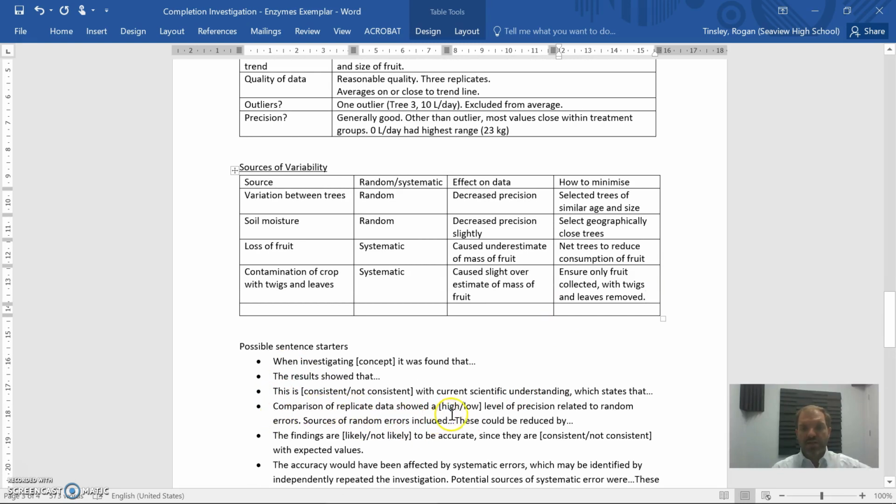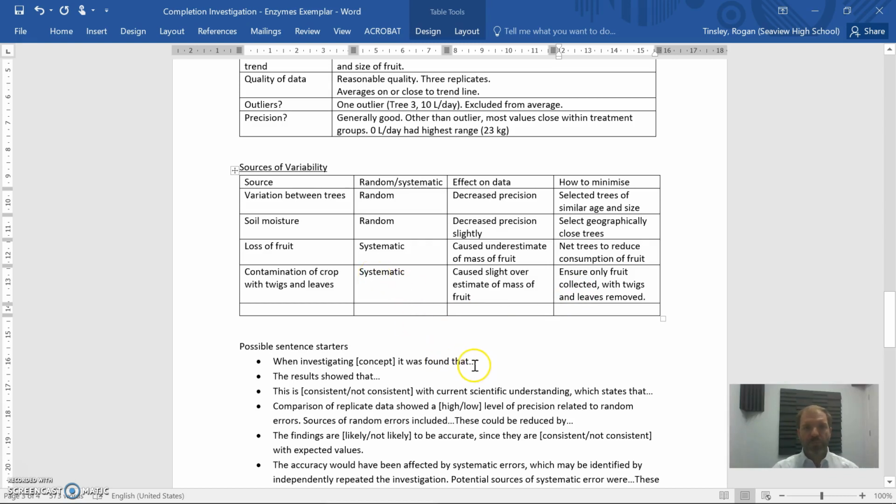Comparison of replicate data showed a moderate or low level of precision related to random errors. Sources of random errors include variation between trees. This would have caused random error and decreased precision. This could be reduced by selecting trees of similar age and size. There was also a random error of the variation in soil moisture, which would have decreased precision slightly. This could be minimized by selecting geographically close trees. And so here's some sentence starters to help you converting these ideas that we've recorded in the table into sentences